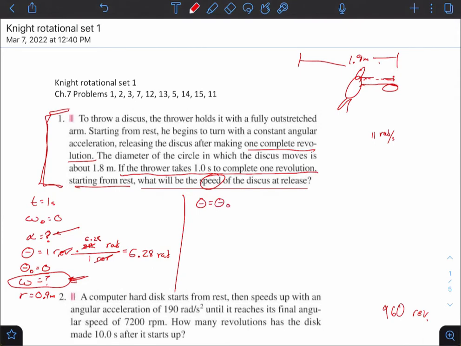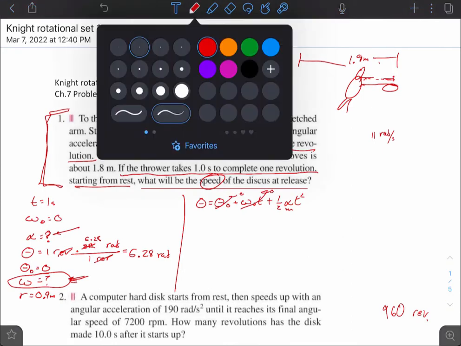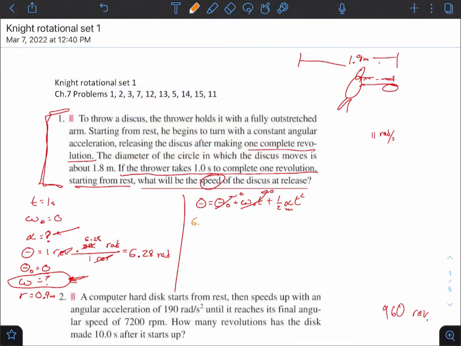Theta equals theta naught plus omega naught t, because we know that, plus 1/2 alpha t squared. Alpha is unknown, but the initial velocity is 0. The initial position is 0. And the final position is 6.28 radians times 1/2 times alpha, which we're trying to solve for, times time, which is 1 second, but that gets squared. Don't forget to square it, even though it doesn't affect it in this problem. So basically 6.28 times 2, which is 12.56